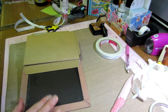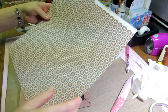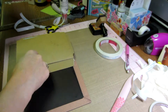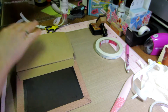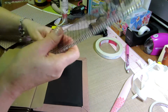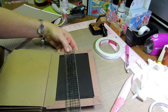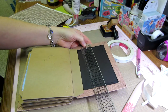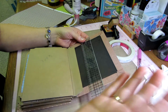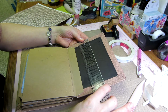All right, so I did pull out this paper, brown and blue, and I think I'm gonna put this because it has to be 7 inches here, and this one even has to be bigger. Now remember, we want to make this very secure on the back of the cover. And you guys can put a pocket here, or you know, you guys know what you're doing, some of you, where you make these fancy things. Put a waterfall thingy, I don't know, but I'm keeping it plain. But you need this to be at least 7 1/4